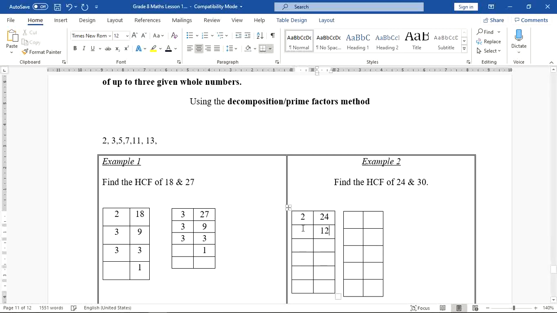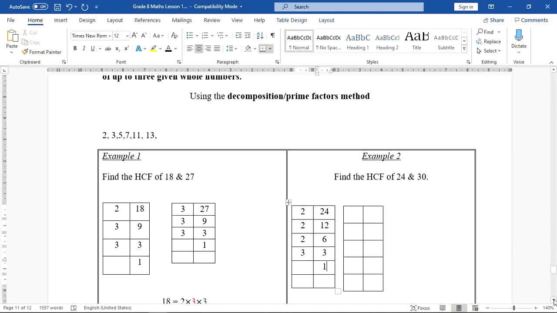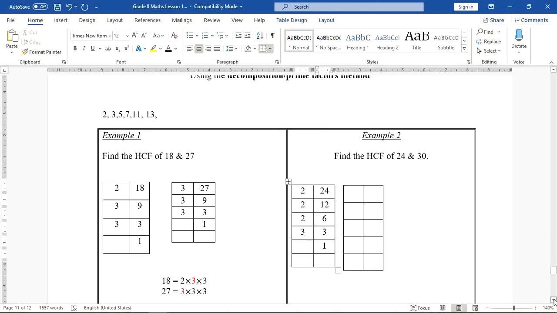We go back to the list. 2 can go into 12. How many times? 6 times. Easy now. And then again 2 can go into 6. How many times? This time around 3 times. So we can't take 2 anymore because 2 will give us 1.5 if it divides 3. So we take 3 itself and it goes in once. All right, so meaning that 24 is 2 times 2 times 2 times